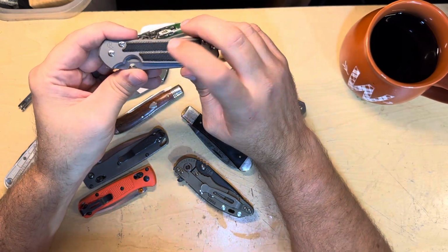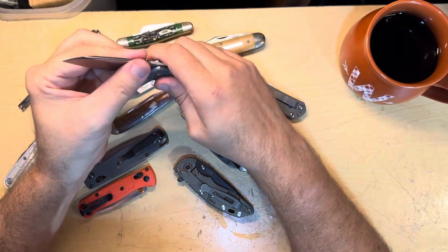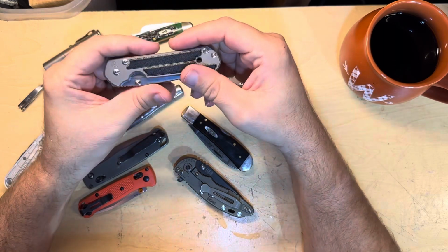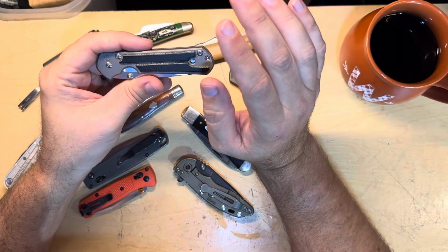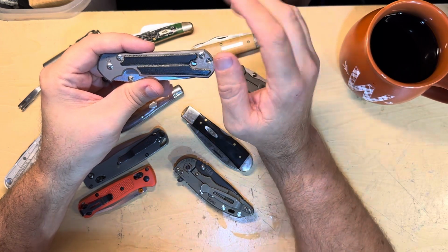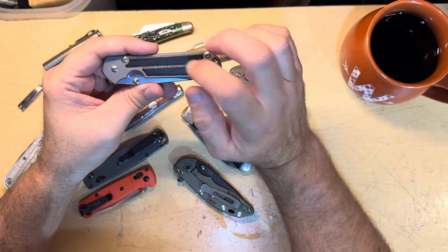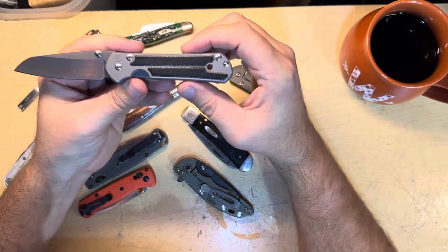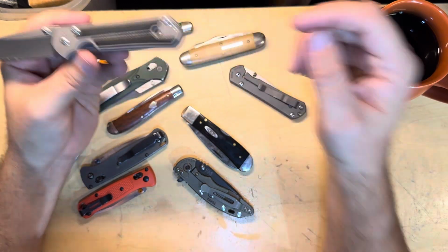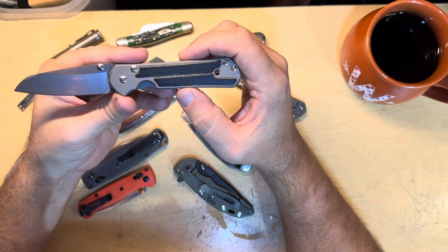And then I decided I liked the inlays better. So I decided the only way I'm going to carry this is if I get rid of the other one, because if I have the other one, I'm going to keep carrying the other one. So I just ended up selling it and then forced myself to carry this one. And I carried this one from 2017 until I got this one, actually. So 2017 to 2022,